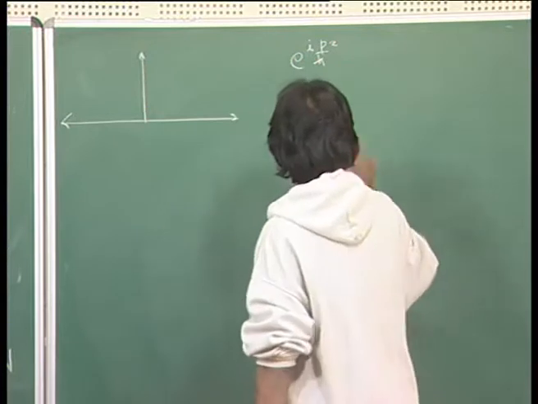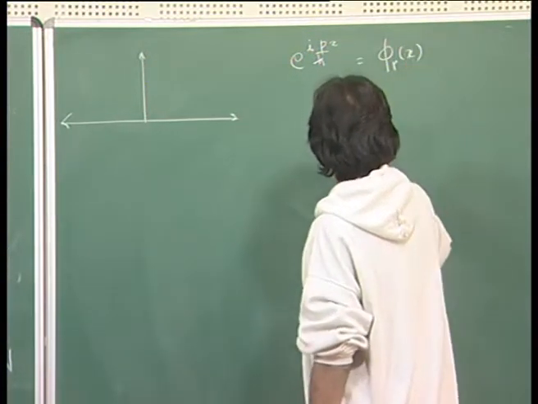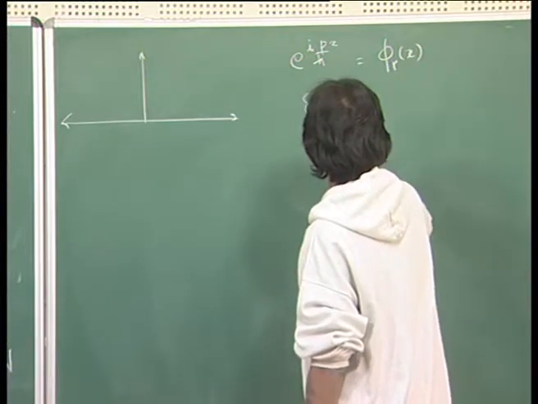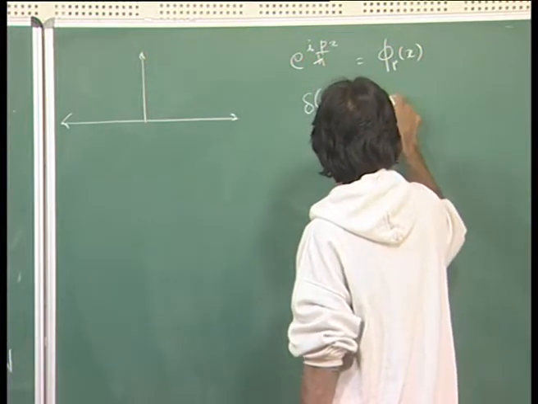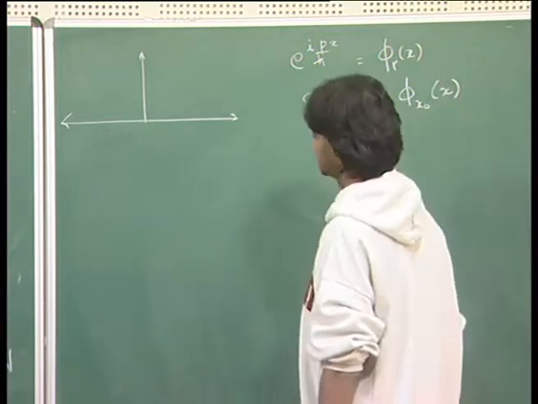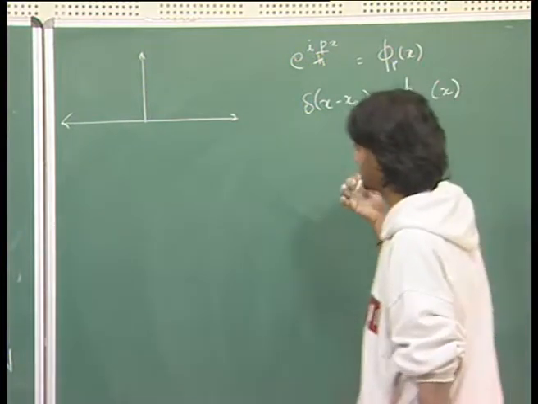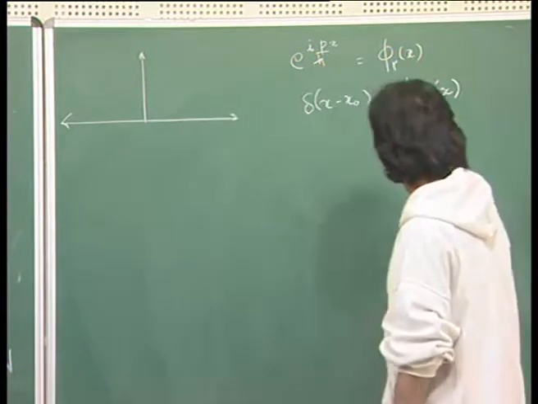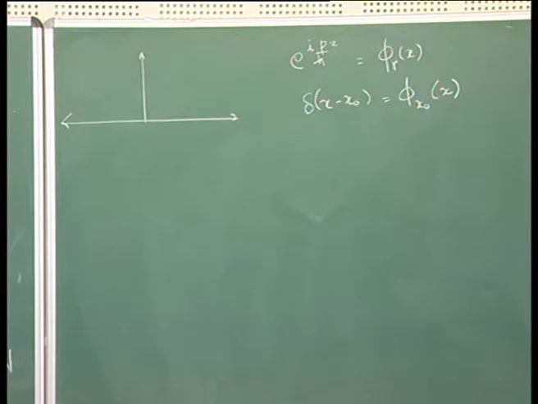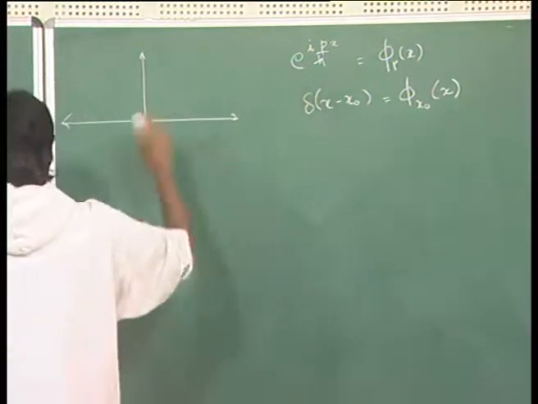So, this is your eigenfunctions of momentum. Okay. Eigenfunctions of position are delta of x minus x0. So, what that means is the following: if you have a definite value of momentum, if you want to have a state where the value of momentum is definite, that state should look like this,